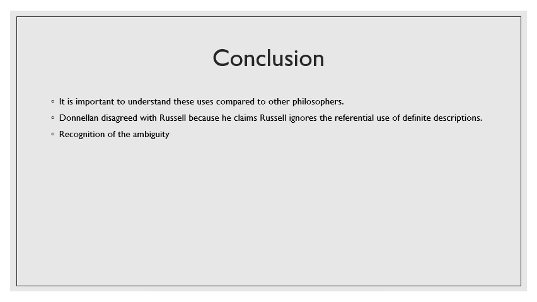So in conclusion, I think it's very important to understand these uses compared to other philosophers, particularly for the philosophy of language. Donnellan disagreed with other philosophers, Russell and Strawson, particularly Russell, because he claims that Russell ignored the referential use of definite descriptions in his writings and his study of definite descriptions. Donnellan recognized an ambiguity in the use of definite descriptions, and I think it's very important to understand that